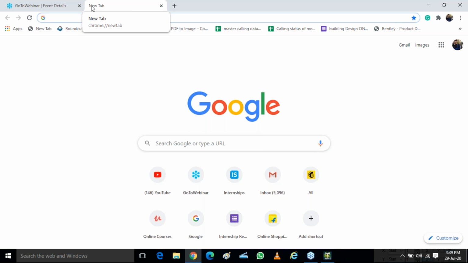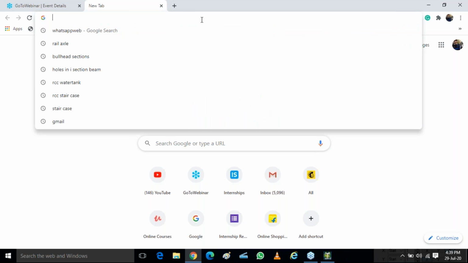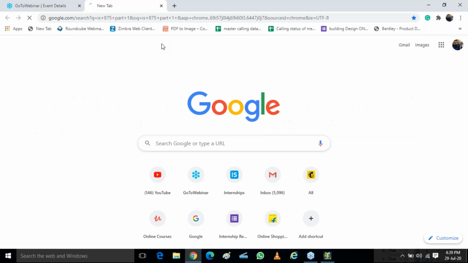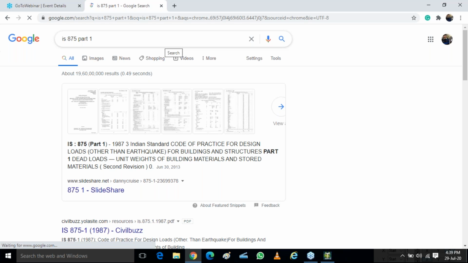Sir, for dead load and live load, we can go for the 875 part 1 and 2, and for the seismic load 1875 most probably. Oh, 1893. 1893, sir, and the other is the wind load and nodal load. They are taken into account. Yeah. So for dead load, live load, snow load, and wind load, we keep it IS code 875 and load combination also. And for the seismic loads, we use IS 1893. Okay. So these codes you have to read.